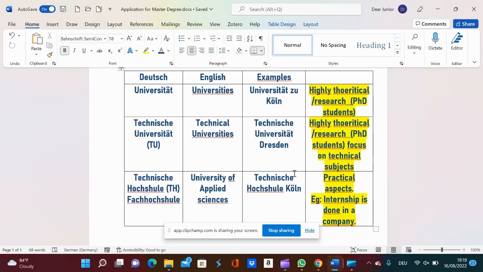Whilst in the University of Applied Sciences, the practical is critical. For instance, if you want to study computer science at a university of applied sciences, you do a practical subject under computer science or data science known as programming.